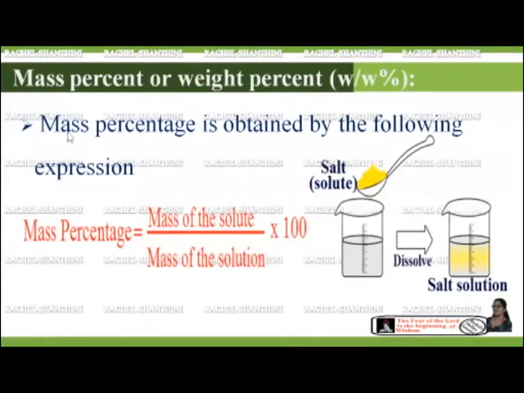Students, already we have discussed the term mass percentage in session 1.9. Mass is nothing but the amount of matter present in a substance. And if we express this mass in percentage, we call it mass percentage or percentage composition. For chemical solutions also, we use the term mass percentage. Mass percentage equals mass of the solute upon mass of the solution into 100.